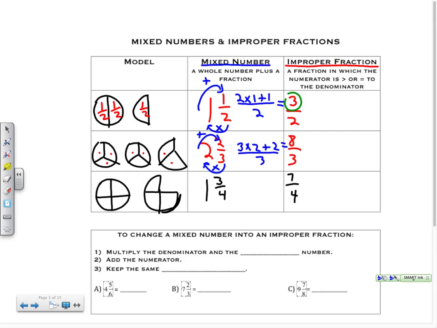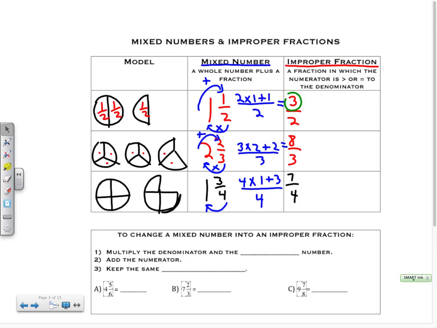And our last example, I have one piece that's made up of 4, so 4 times 1 is 4, plus those 3 extras is 3. 4 times 1 is 4, plus 3 is 7, and I keep the same denominator. So that's how I do that mathematically. Let's look and see how I can